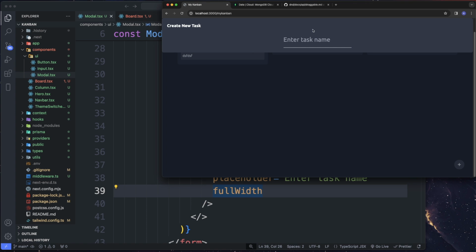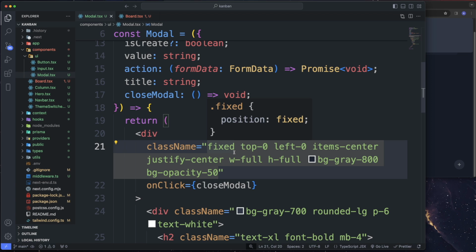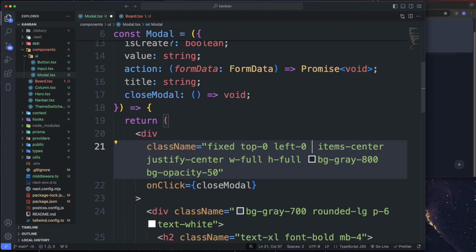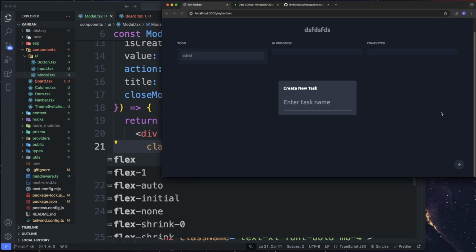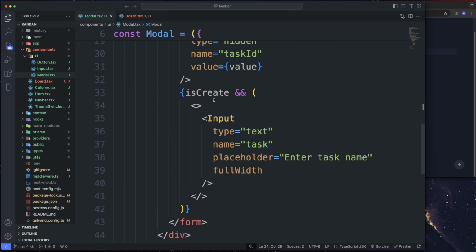I don't know why it's up there. We're gonna fix that. We probably forgot something here. Top 0, left 0, flex. Oh, we forgot flex. That's what it was. Flex. There we go. So it should be right in the middle now. All right. So if it is create, we render our input component, type text, name task, placeholder, enter task name,